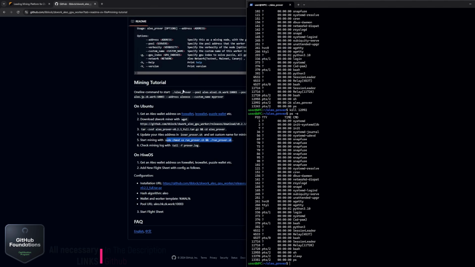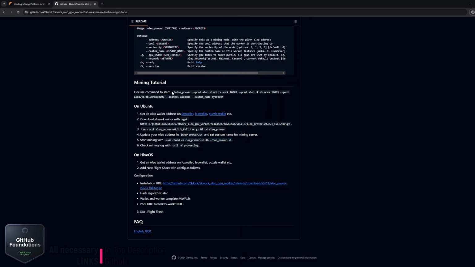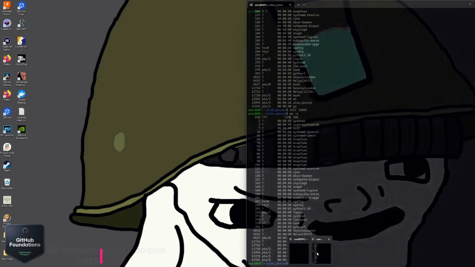So the other way to run this command is just doing the full command right here, as if you're doing a regular CLI command. And so you just change out your worker name, your address, and then paste it in. The only thing that is a little bit more difficult on this is that